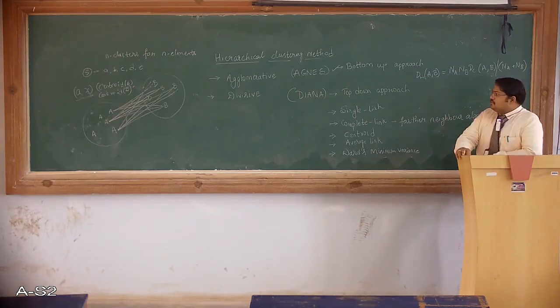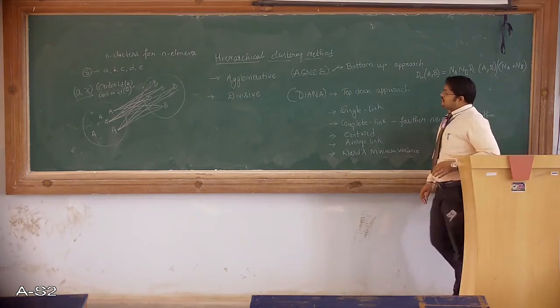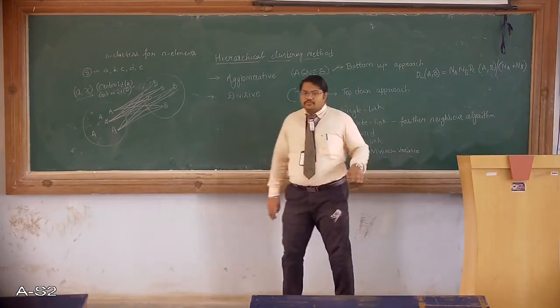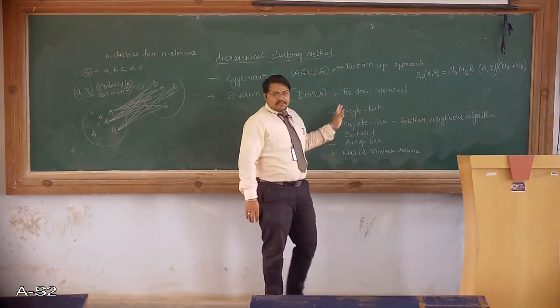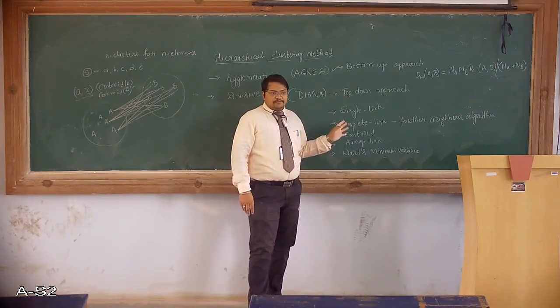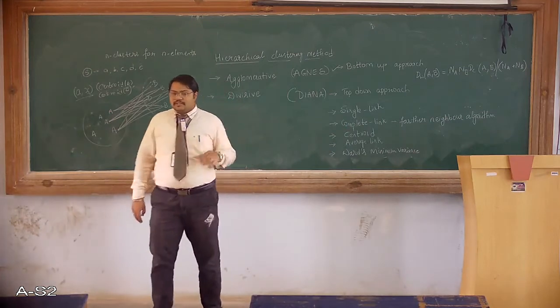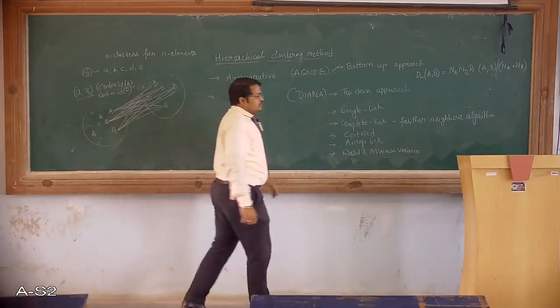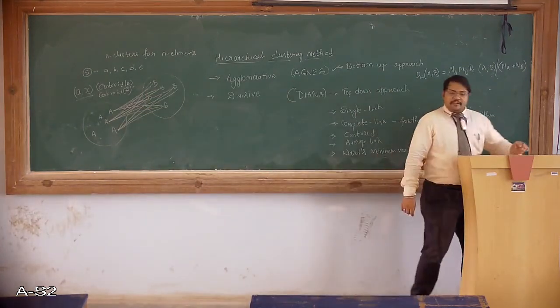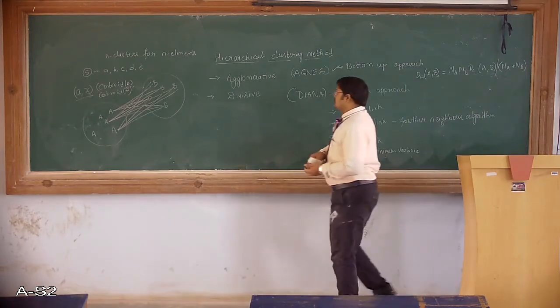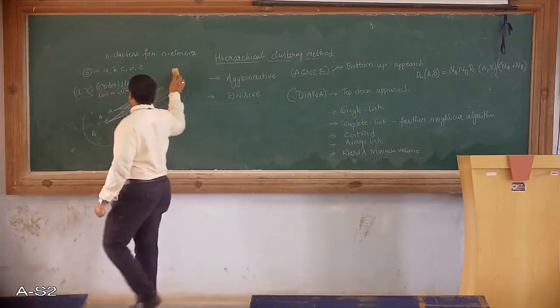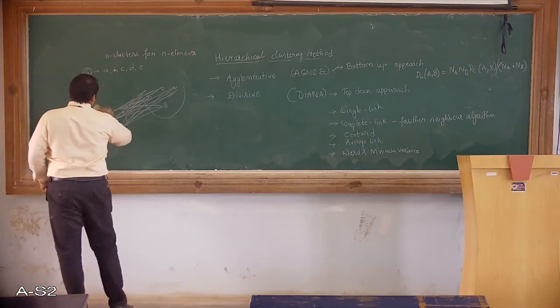Okay, so while we are doing these agglomerative and divisive techniques, we are going to take up any of these 5 different algorithms for computing the distance between the two clusters. So now we have seen the agglomerative method of hierarchical clustering. So now we will see